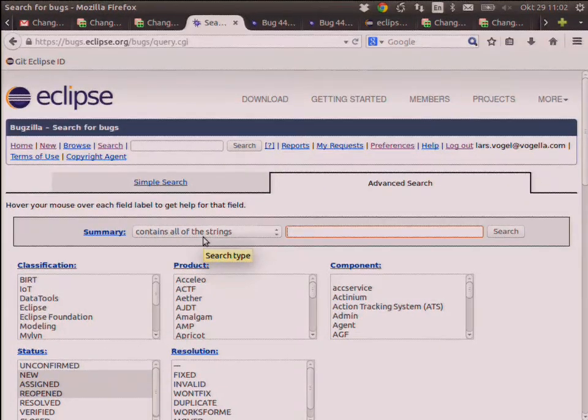The question was, you do all these things, but why does Hudson not run the tests? To make it easier for contributors, we would like Hudson to also run the tests. There are historical reasons why this is not the case. It used to be that this was running too long or was too difficult. You needed to have a script running all these things. It was just too difficult.